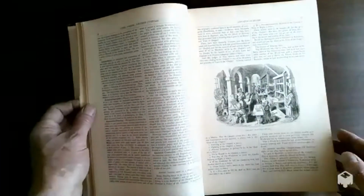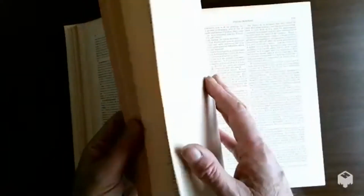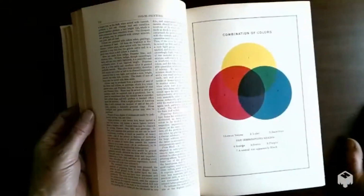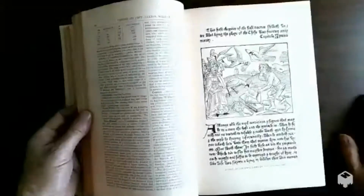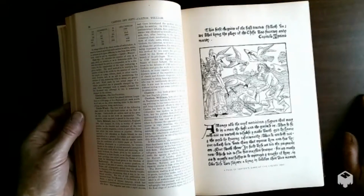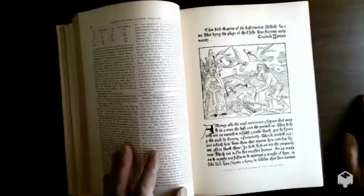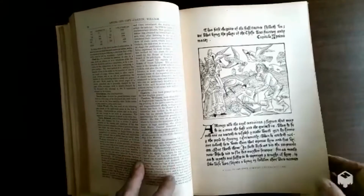Okay, so this is 1871, and so the information contained is variant and long. It's as if they did need to write a novel about everything that they were going to tell you about. Combination of colors. But really nice illustrations. And so I think that is Caxton's illustration of the game of chess, something like that, with apparently birds flying off with body parts. Well, anyway,